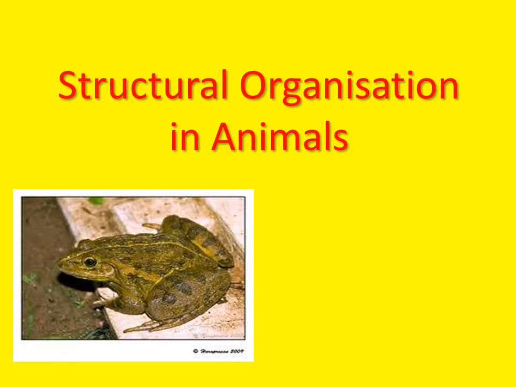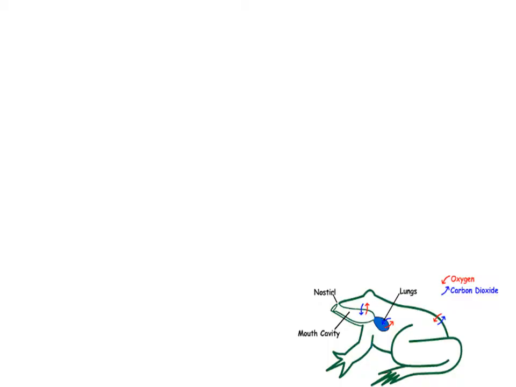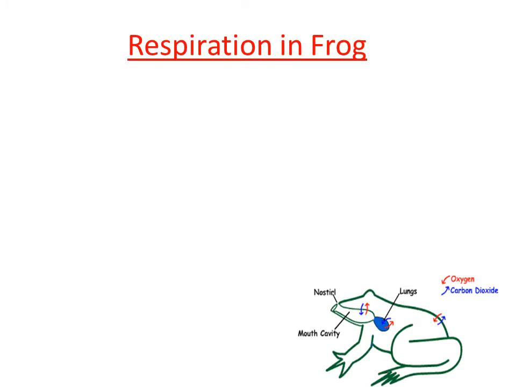In this video, let us continue the study of anatomy, and as in our last video we discussed the digestive system of frog. So now let us talk about the respiration in frog. Respiration is a very essential process that takes place in all aerobic organisms, right? This process helps in intake of oxygen and elimination of carbon dioxide from the body. So how does the process of respiration take place in frog? What are the organs that help in this particular process?